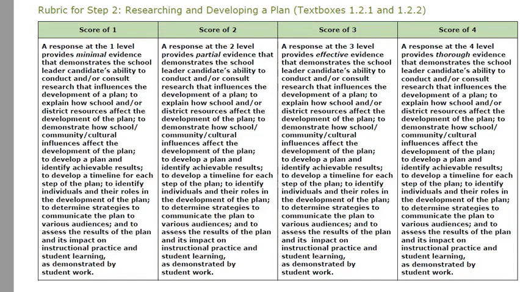So the difference in the 3 and the 4 is the 3 is effective, that you've shown effective evidence to demonstrate your ability to conduct and consult research. In 4, you've shown thorough evidence, like you really have explained your case well. And also that you've done your homework in the 3 areas and that these audiences' voices are heard. Whether the voice is the voice of the researcher, the voice of the campus and the district, or the voice of the school and the culture and the community of the people that you serve. All right, so let's see if we can get back here to the PowerPoint with less,